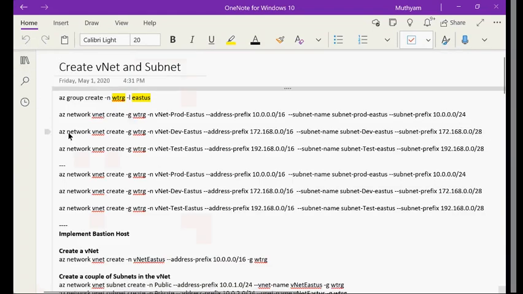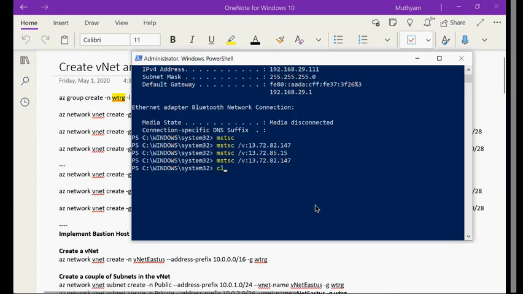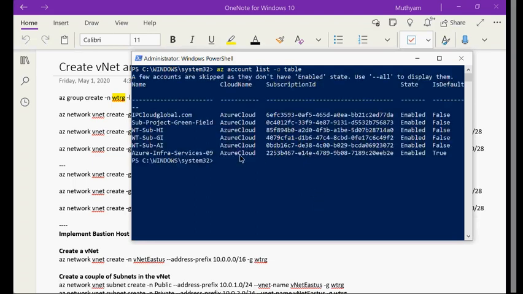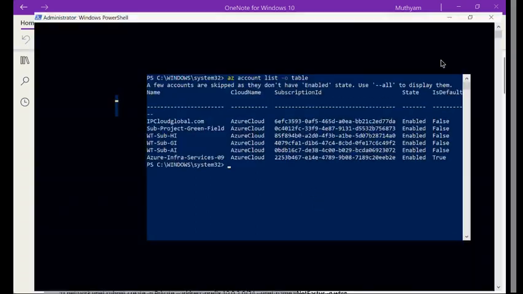Right. So I want to go with the first name. This single command will create a VNet and a subnet. I'm just checking which subnet I am connected to.